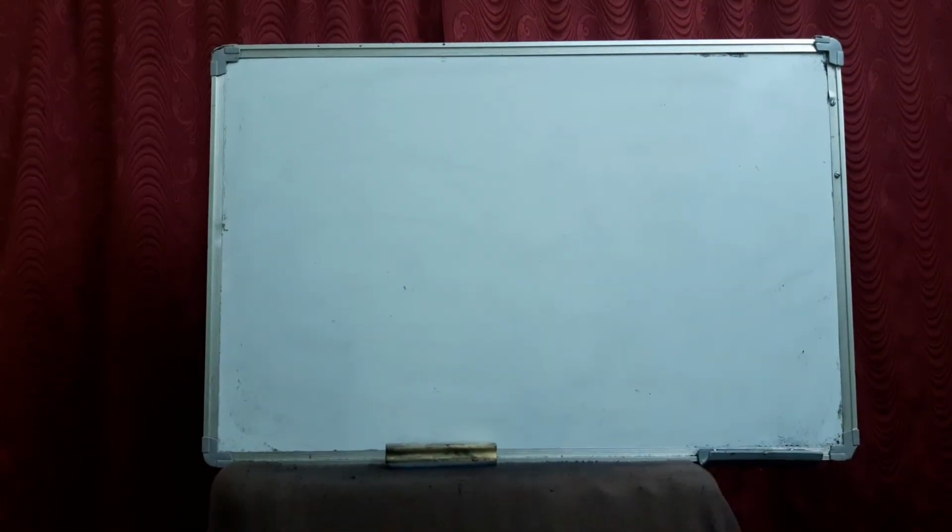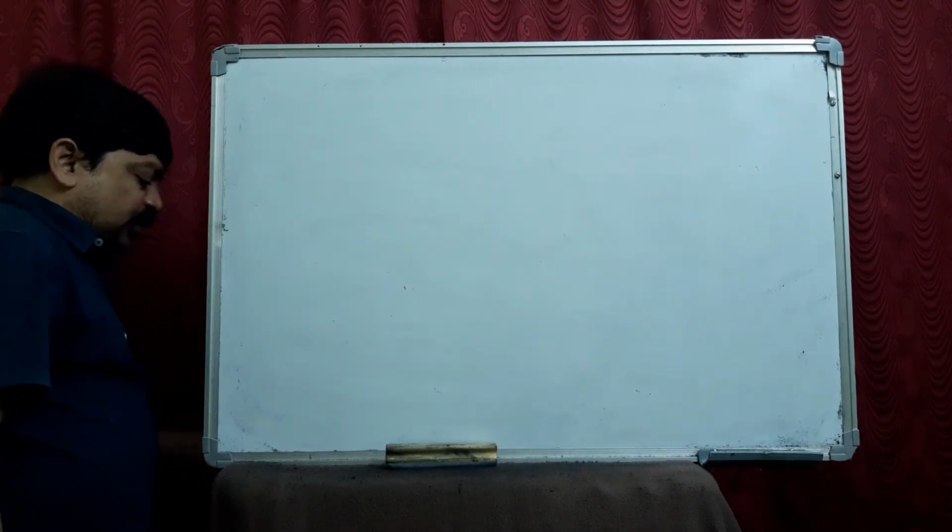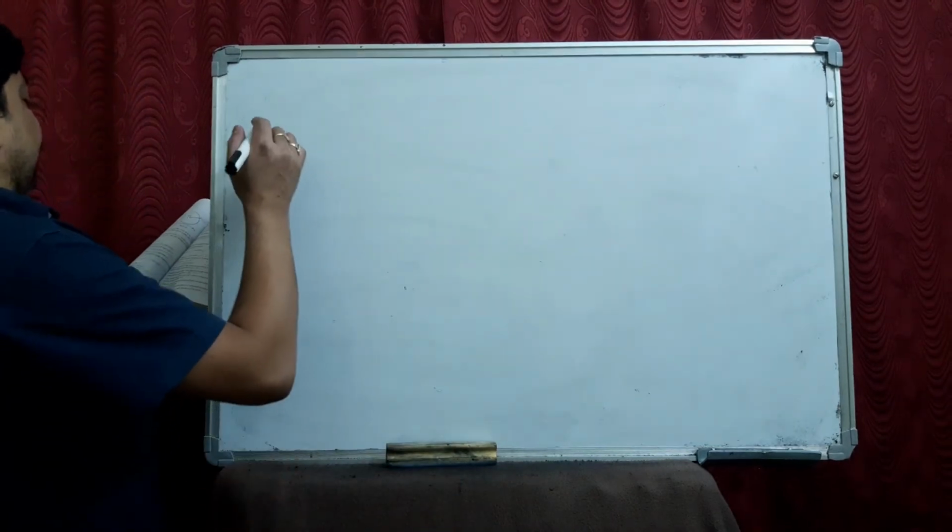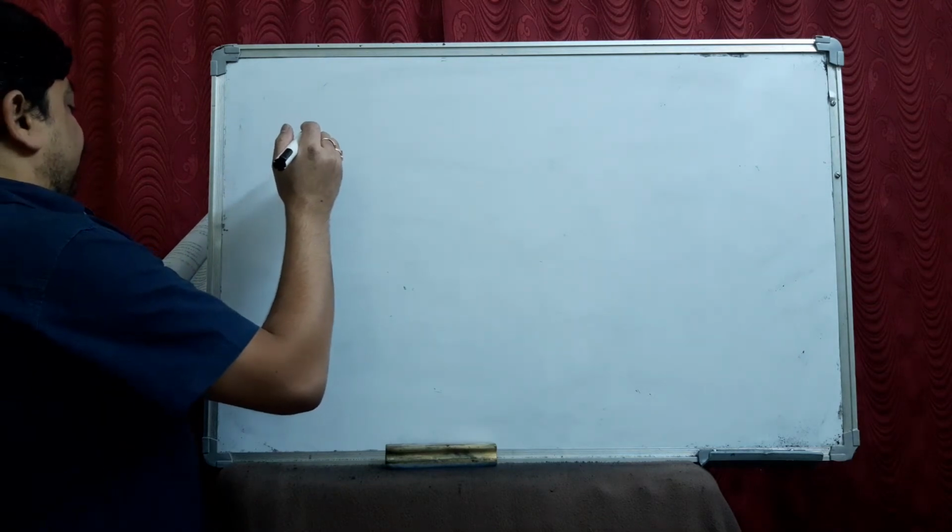Now see the 10th question. You are asked to form an equation. The condition is given here. Circle passing through 4, 1 and 6, 5 and center lies